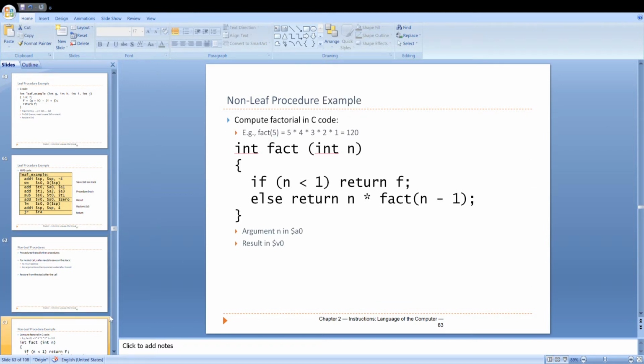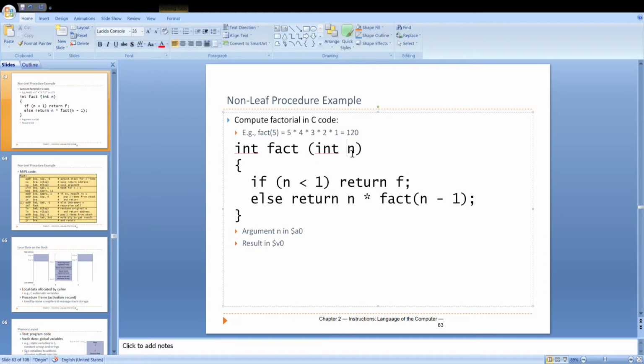So here is another example. It computes factorial in C code. A factorial is just the multiplication from 1 to the number. So factorial 5 would be 5 times 4 times 3 times 2 times 1, which should be 120. So the C code is a nested call. You pass n, the one you want to compute first. If n already reaches 0,